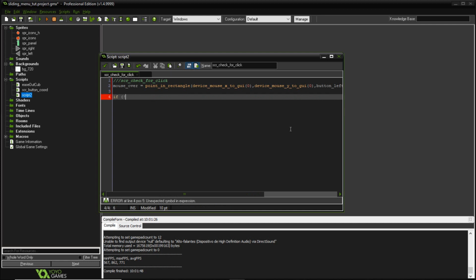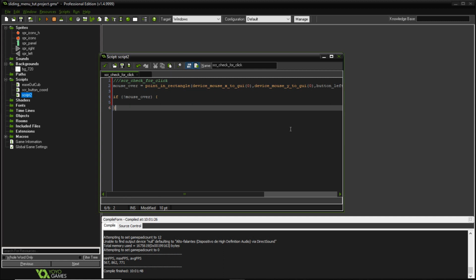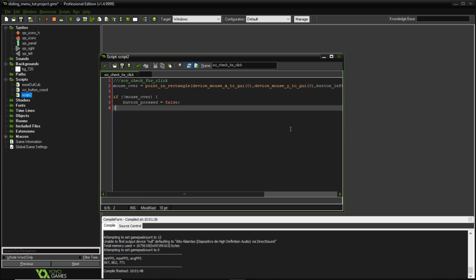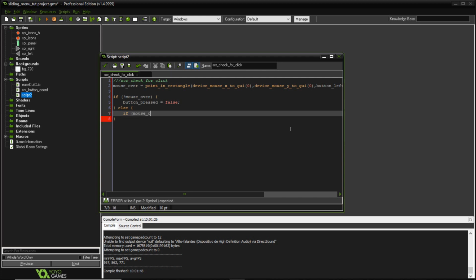Okay, so I'm going to check first if the mouse is not over. So if we're not over the buttons, I'm going to set a variable called button pressed equals to false. So we're not able to press the button if we're not over. But if we are over, on the else statement, I'm going to check first if mouse check button pressed